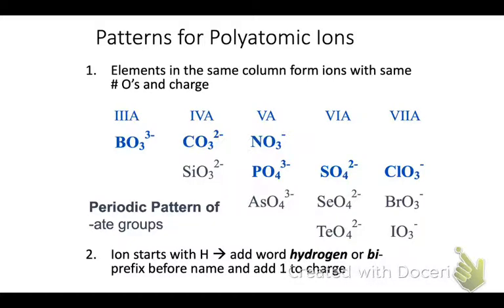If the ion starts with hydrogen, then we add the word hydrogen or the bi- prefix before the name and add 1 to the charge. What does that mean? Let me give you an example. This is carbonate. When I add a hydrogen, hydrogen is normally added as hydrogen +1. HCO3, now the new charge will be -1 rather than -2, because hydrogen neutralized one of these negative charges,